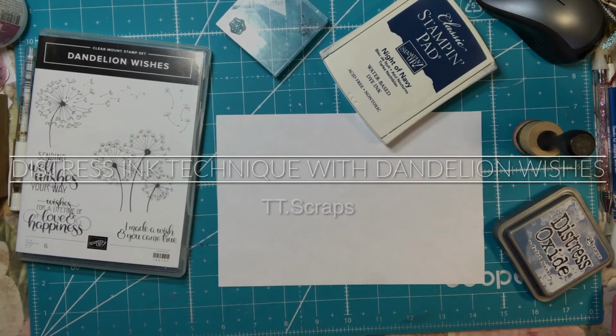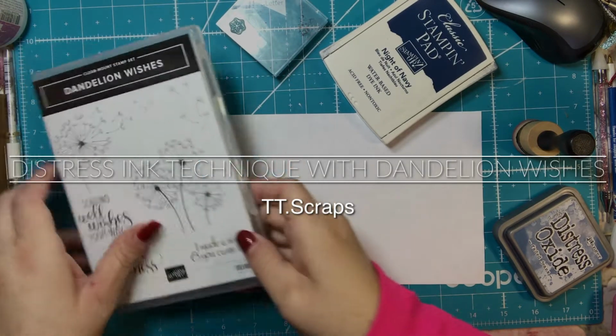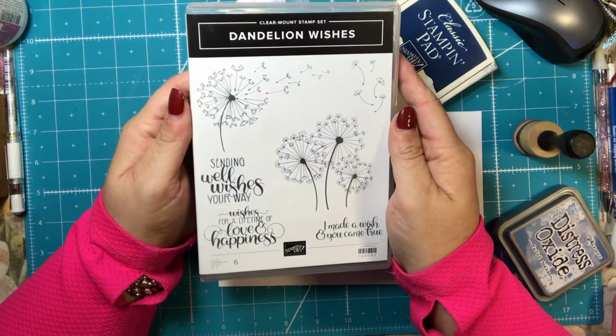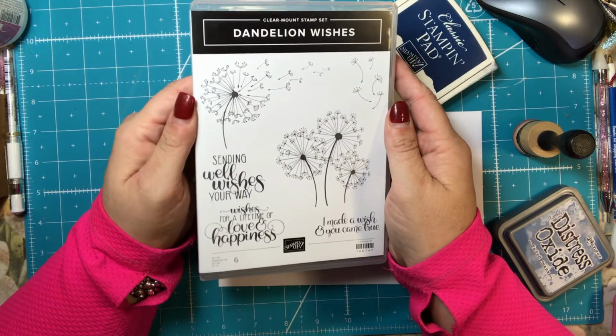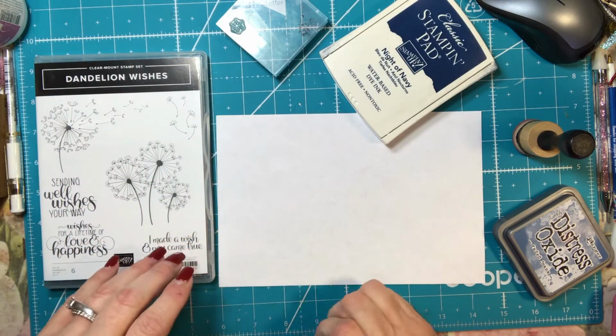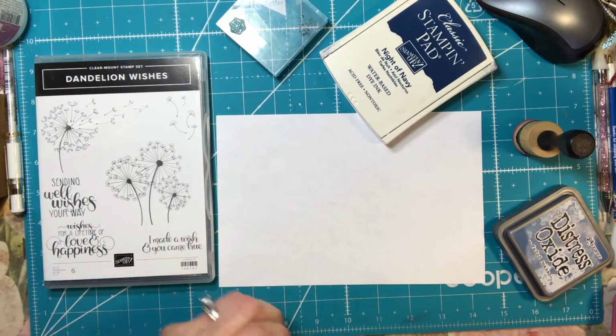Hi everyone, it's Tammy, and I am going to use the stamp set again called Dandelion Wishes from Stampin' Up. It is a really cute stamp set that I like a lot, and I just think it's really versatile, and I can see tons of things happening. And honestly, today I'm sitting here looking at it and I have like 18 million ideas running through my head,